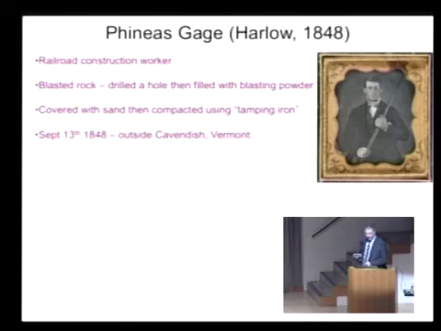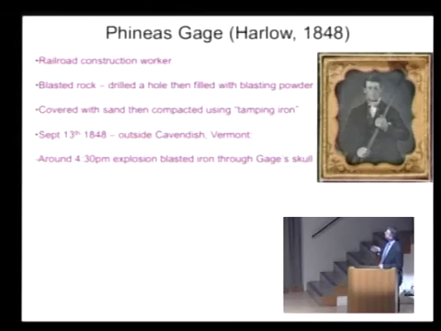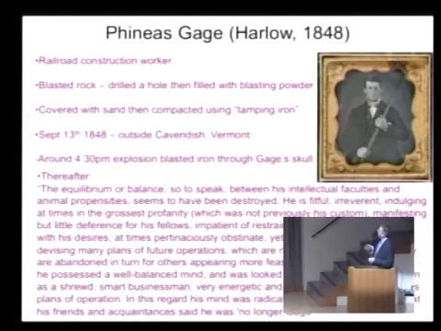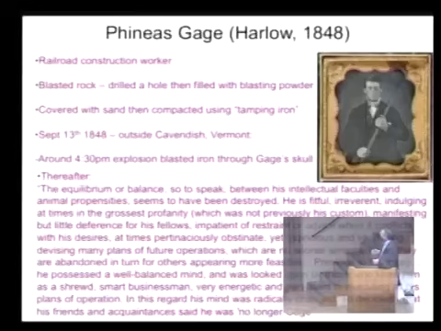But one day, outside the small town of Cavendish in Vermont, around 4:30 p.m., an explosion blasted an iron through poor Gage's skull, and it went through under his eye socket into his brain and out the other side. And a physician at the time, Harlow,